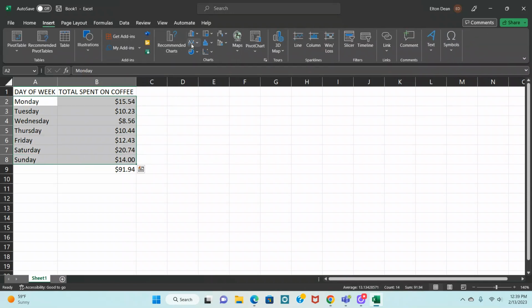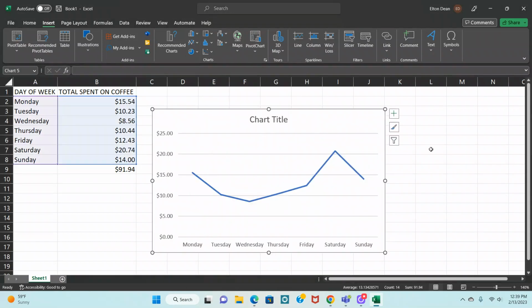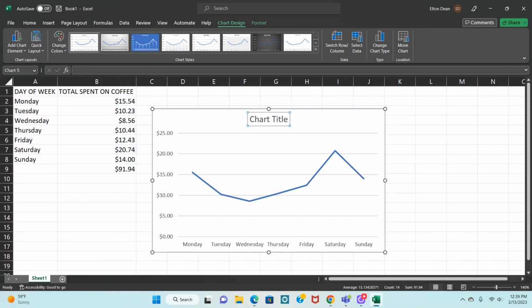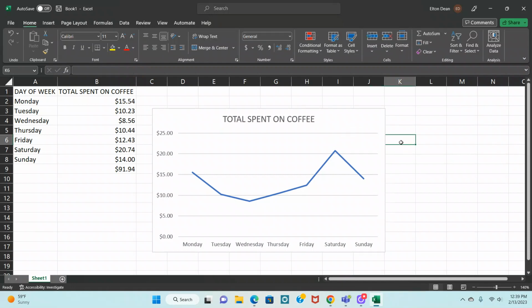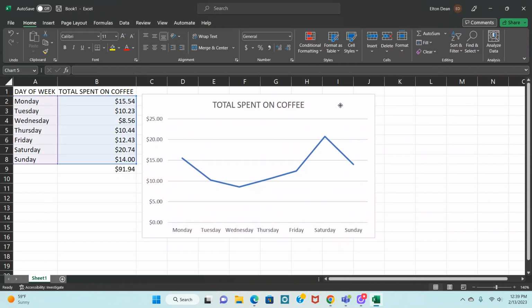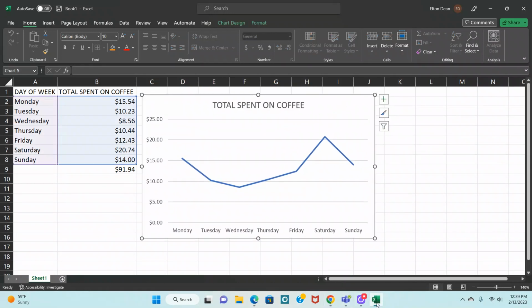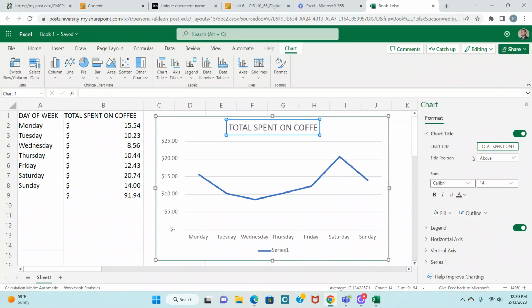If I were to insert a line graph and I do not have chart title, I can click on it and we can edit our chart title manually from here as well. So it's a little bit different in how we edit the chart in the web version as opposed to how we edit the chart within the desktop version, but really it's not that big of a deal because we do have that pop-up box that comes up within the web version, and we can see the chart title area and we can edit our chart